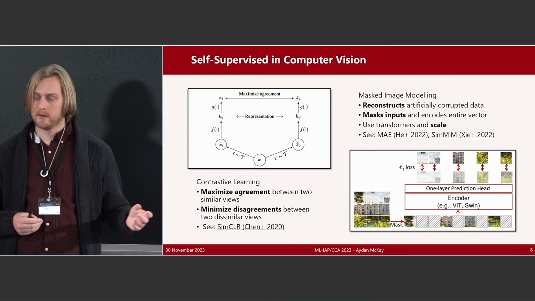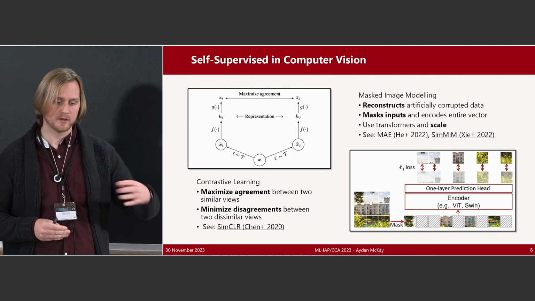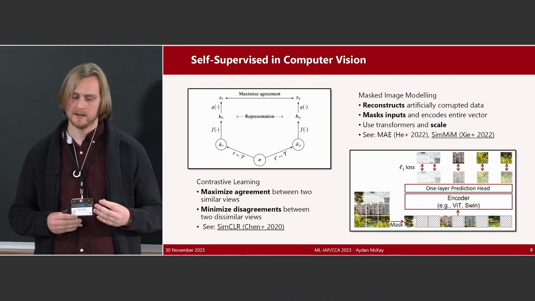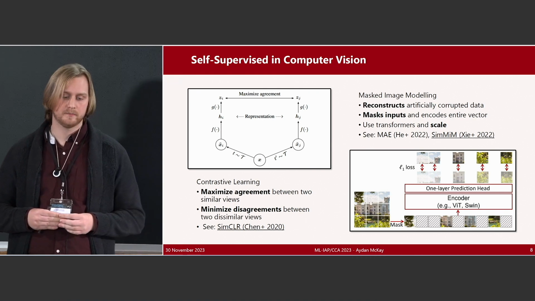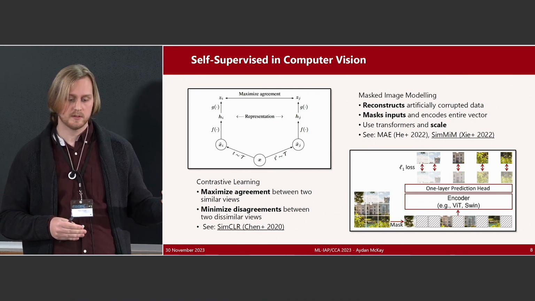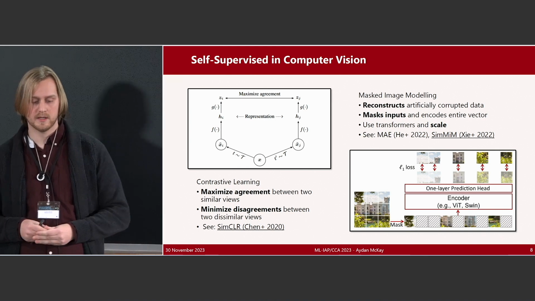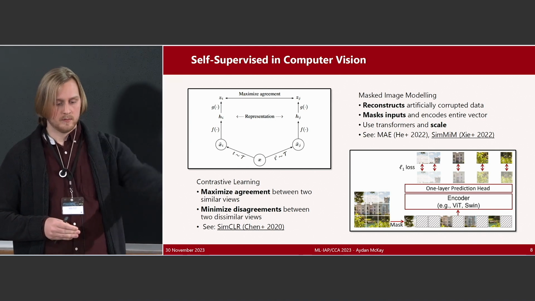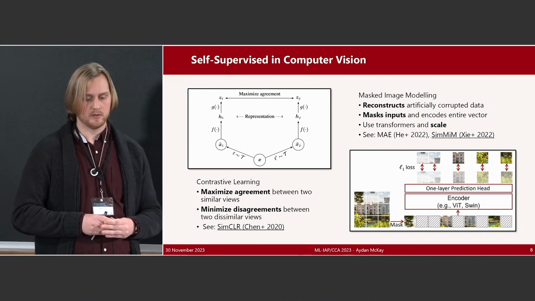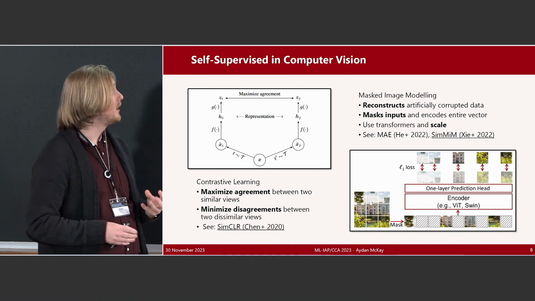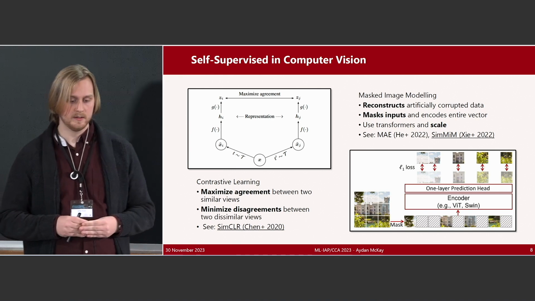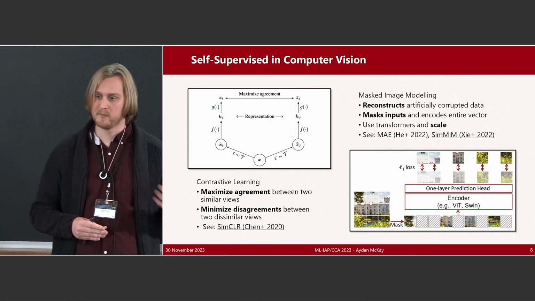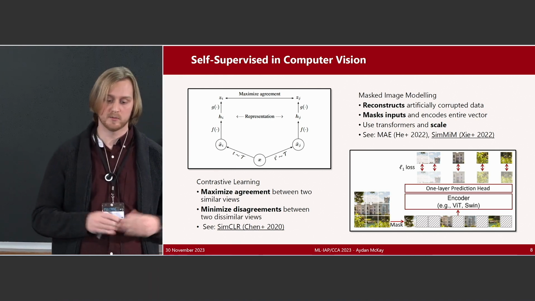Masked image modeling, on the other hand, requires artificially corrupted or masked data and reconstructs it using an autoencoder architecture. These algorithms, the MAE and SimMIM, for example, use transformers as the basis for their autoencoders, and work a lot better with scaling. The more data that you add to these algorithms, the better they work, especially when it becomes on the order of millions to billions of data points, which we have in stars.